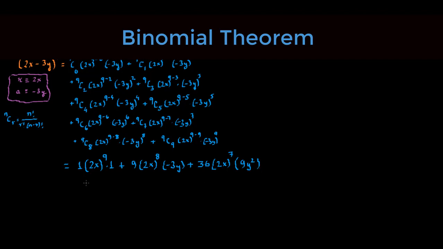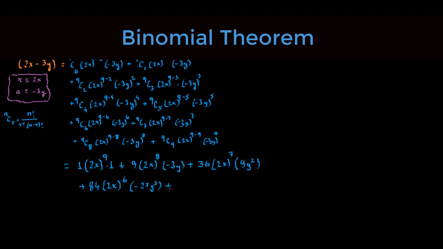Fine. Then the fourth term will be 9C3, so 9C3 is 84, so 84 times (2x) whole thing raised to the power, what was it, 1, 2, 3, 4, in the fourth term, so 9 minus 3 is 6, and we have negative 3y cubed, which is negative 27y cubed,